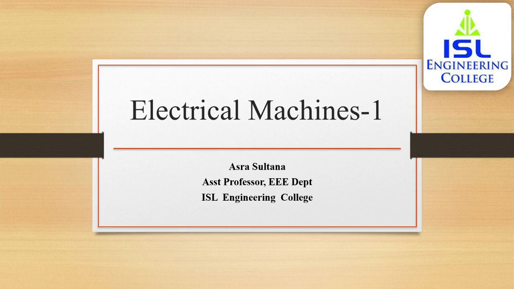I am taking the subject Electrical Machines 1 for Triply second year students. In the previous class we discussed the various types of DC generators, and we saw various numericals based on types of DC generators. So in today's class I will be discussing the various losses in a DC machine. I am using the word machine because these losses are applicable both to a DC generator and a DC motor.